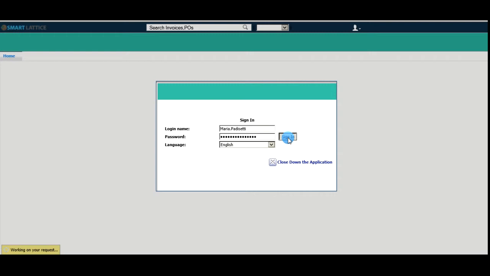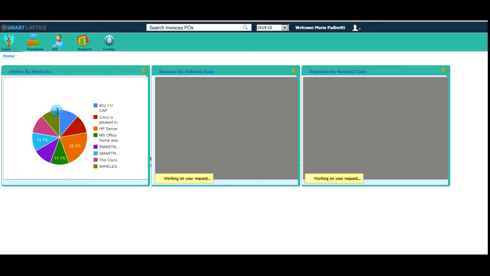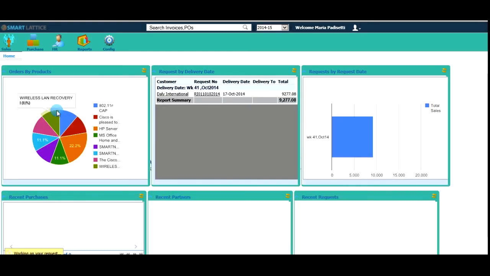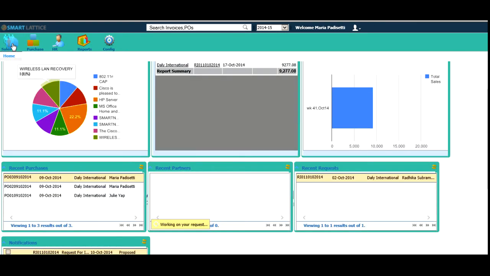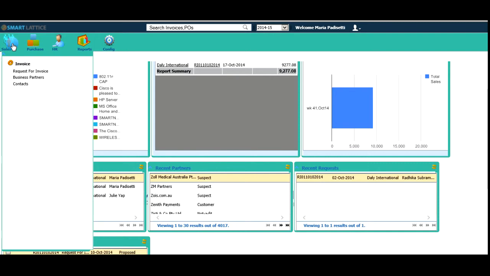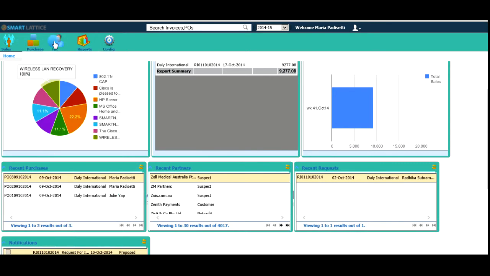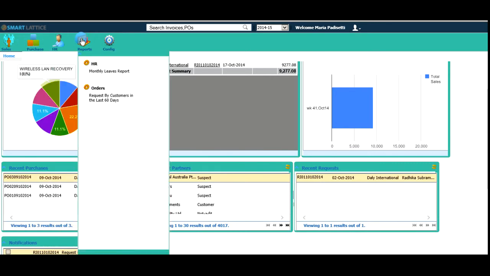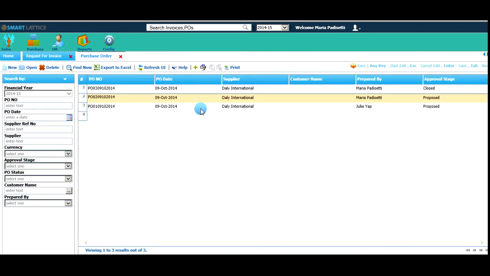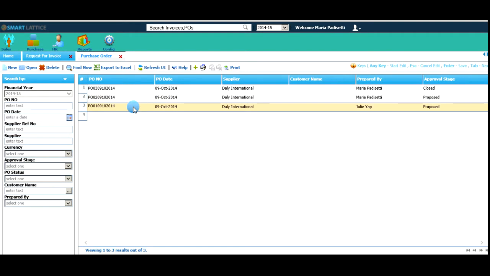Similarly, the MD role has complete dashboard access and all the features available for the system administrator are also available for the MD. So let me take you through one sample purchase order approval process.